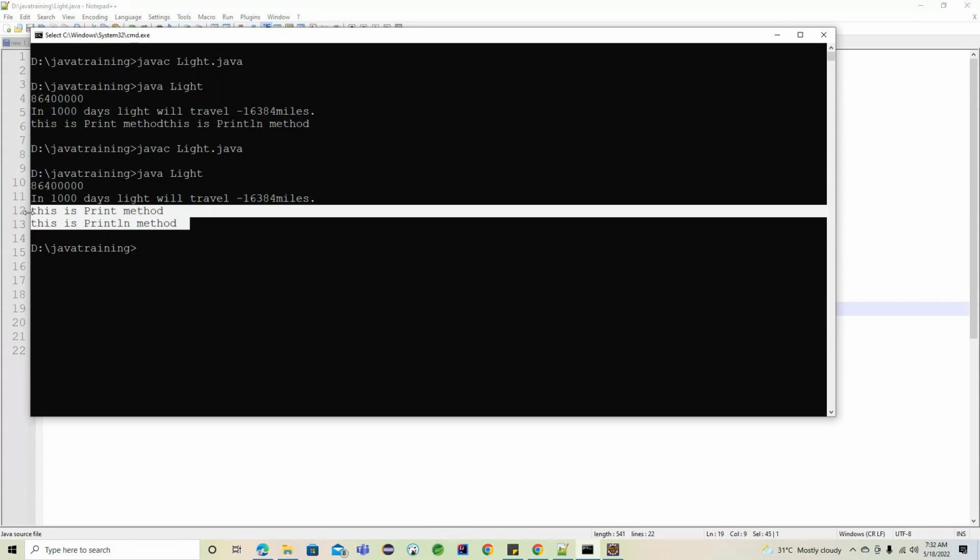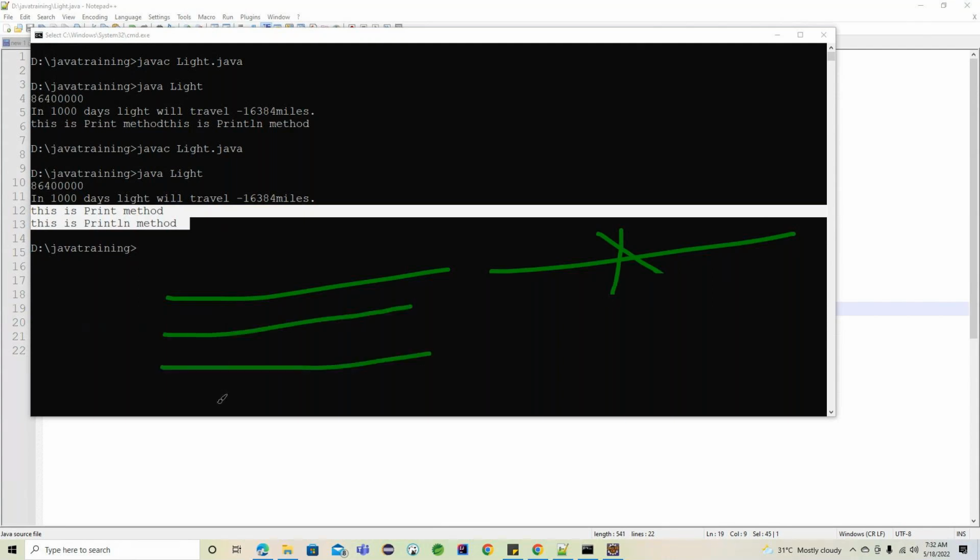Just a simple understanding here. Whenever we use println, every time the output is going to print on the next line. So the next line is here. If you print something here, it will not print here. The println method is not going to print after wherever the current println method is used. It will move on to the next line every time. Okay. So to understand one more,